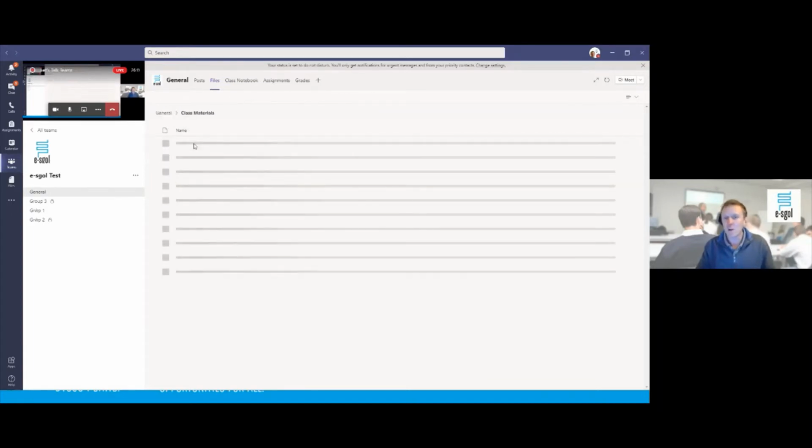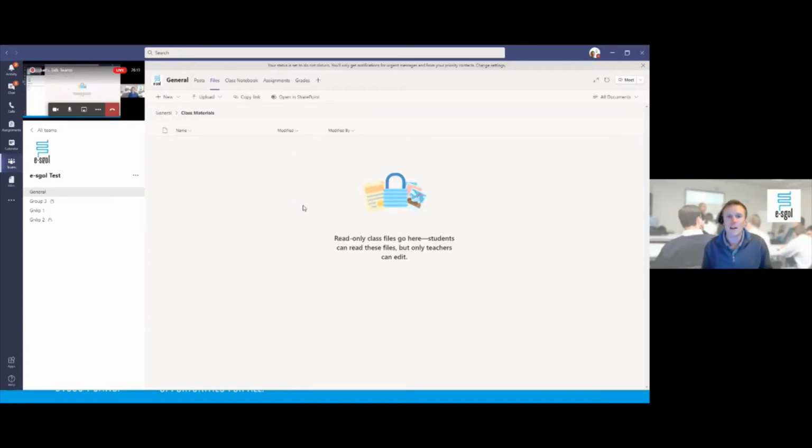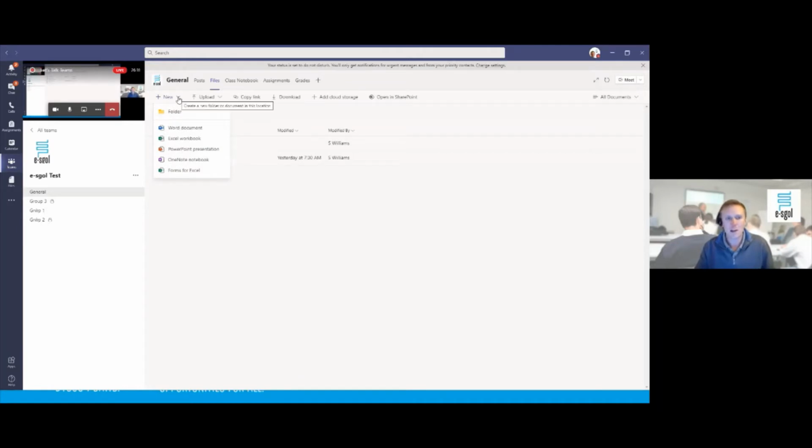The class materials folder is a read-only folder, which means that the pupils can only read the documents, so they can't tamper, edit, or accidentally delete any documents. But to create a new folder, obviously it's quite easy. You click the new button at the top here, and then you can create new folders, and you can also create new documents here. The upload button, obviously you can upload documents from your laptop. Any documents that you want the pupils to work on, obviously you can upload them